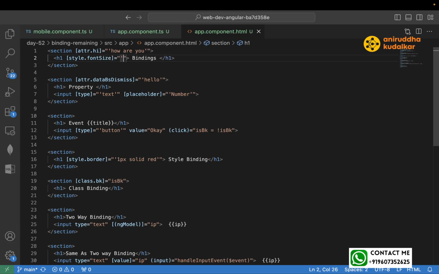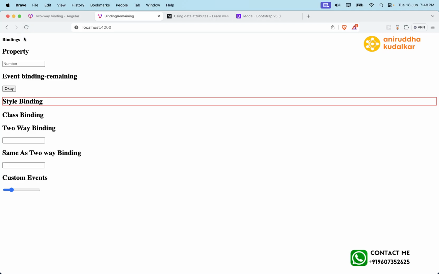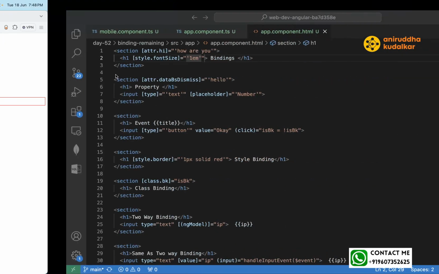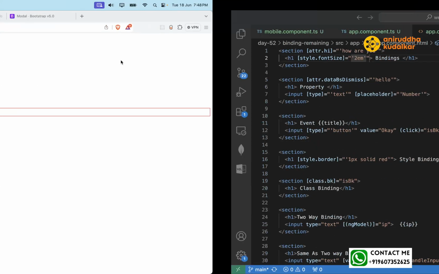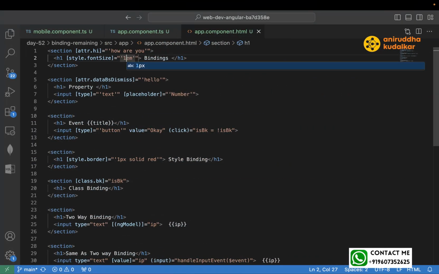Style dot font size. Presently it's 1 em. Can you see the binding is right now 1 em? I can make it 2 em, and it will increase. But what I want to do,